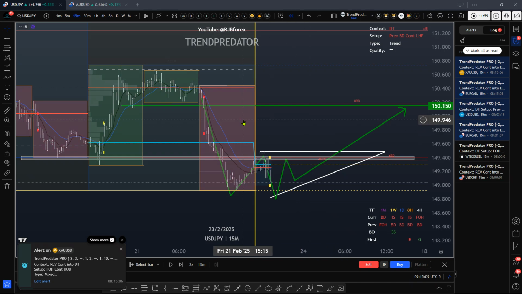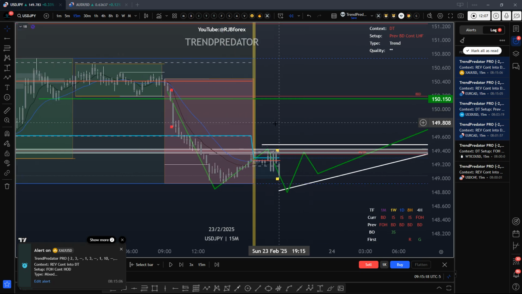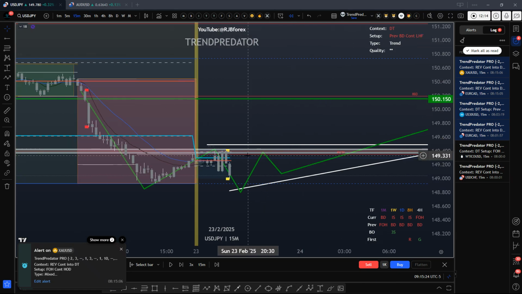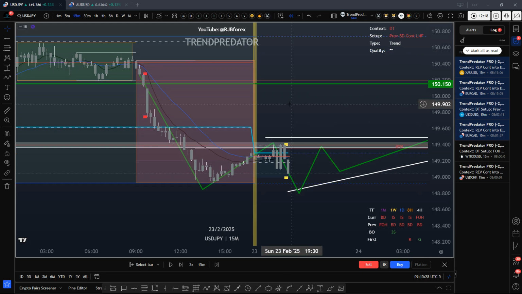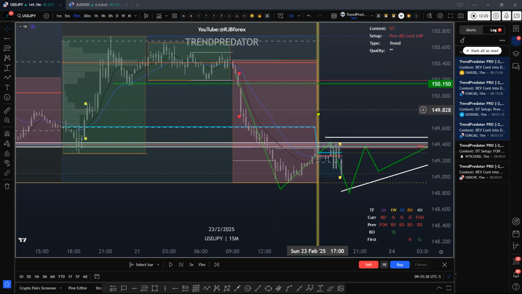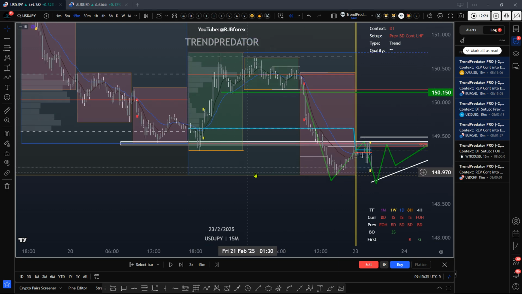Now it's down to traders as to whether that resonates with us as an opportunity or not. And what I use this indicator for is to give me the context of the market. Prospects here were of a continuation to the downside, but I want the market to show me what it wants to do. So now we've got the lows of